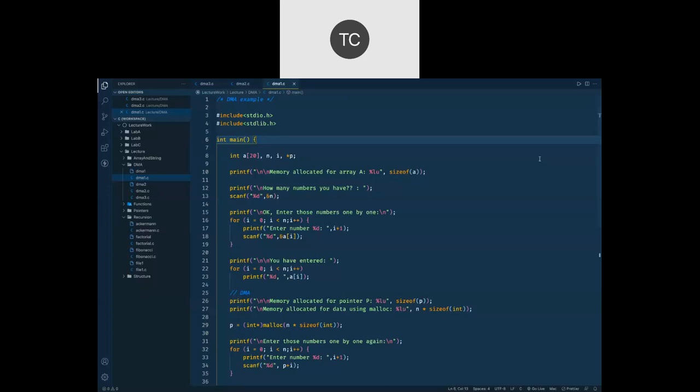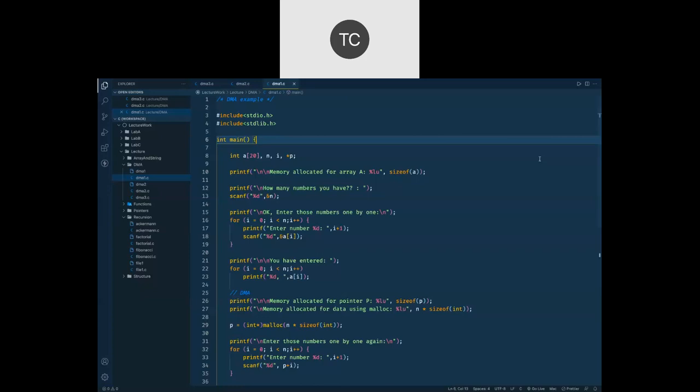We are continuing our second last unit of the syllabus, which is dynamic memory allocation, and we have gone through all the topics that we need to cover in the syllabus. The major part was what is dynamic memory allocation, why we need it, and the inbuilt functions that help us to allocate and deallocate memory at runtime. And for that, we have seen a number of functions like malloc, calloc, realloc, and free, right?